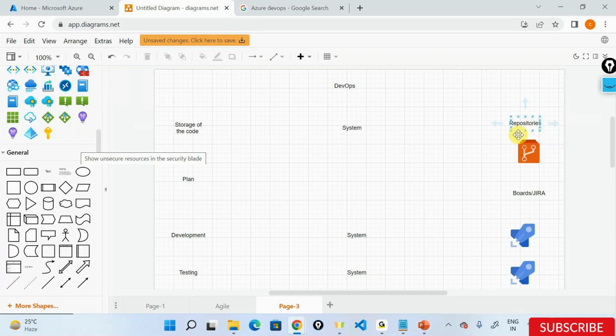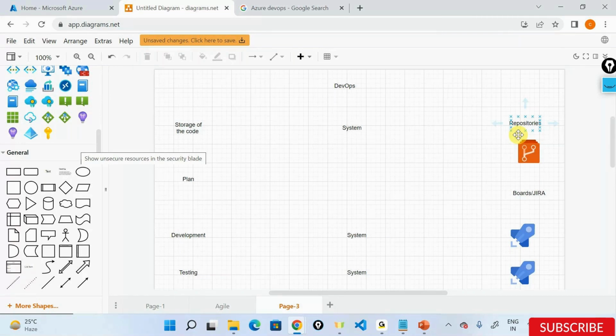Again, it completely depends upon what kind of project you're working on and how you're working on that project. If it is a stable project, it might be different. Even if it's a stable project,